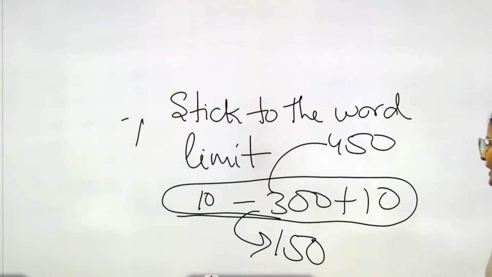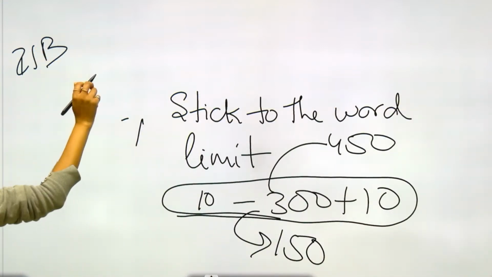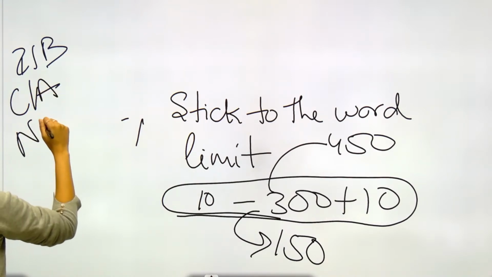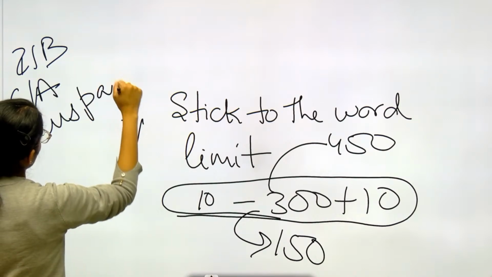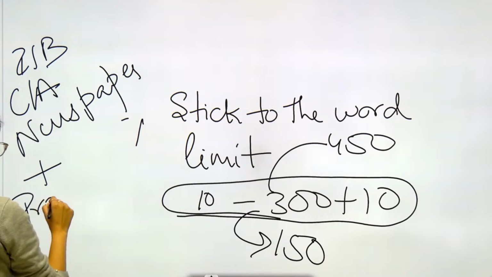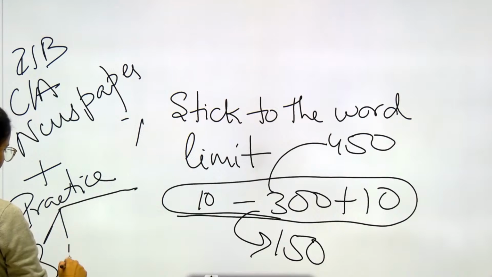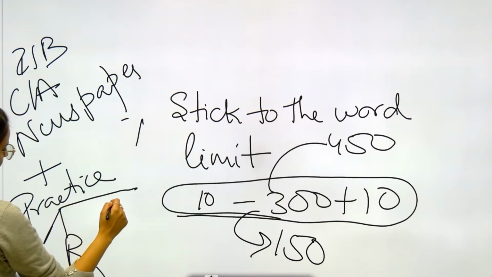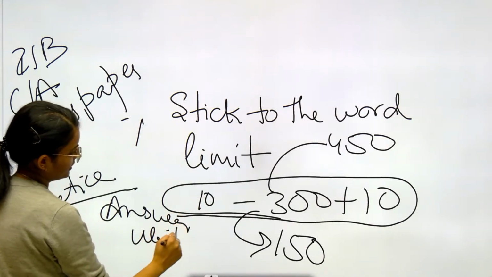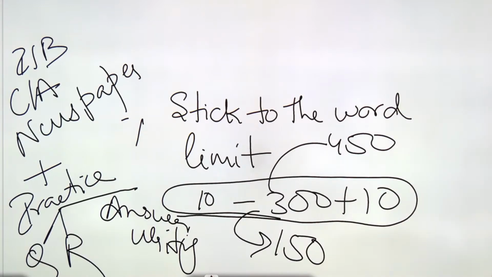But one thing that you cannot skip is PIB. PIB is a continuous process. This you cannot do month-wise, okay? PIB, current affairs, newspaper, and practice. And practice includes what I have told you in phase 1 also. For quant you have to practice, for reasoning you have to practice, and answer writing. And for English you will read newspaper daily. That will help you so much, okay?